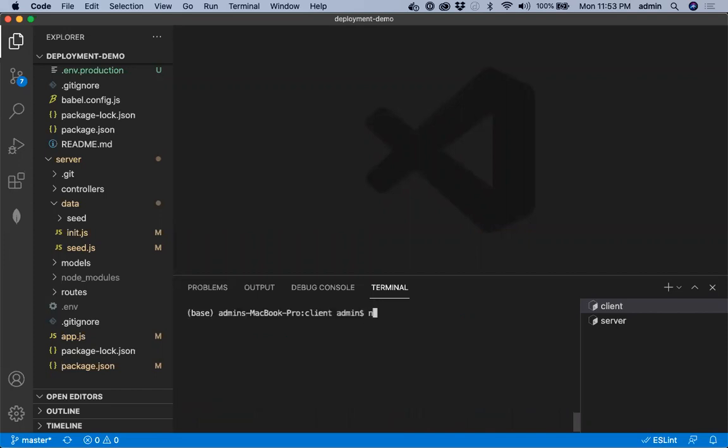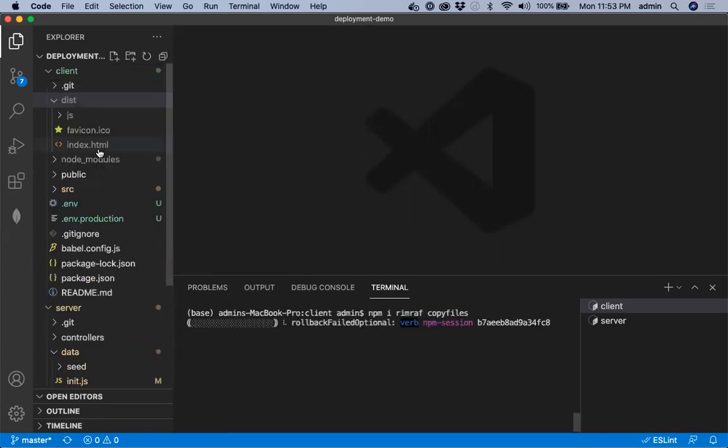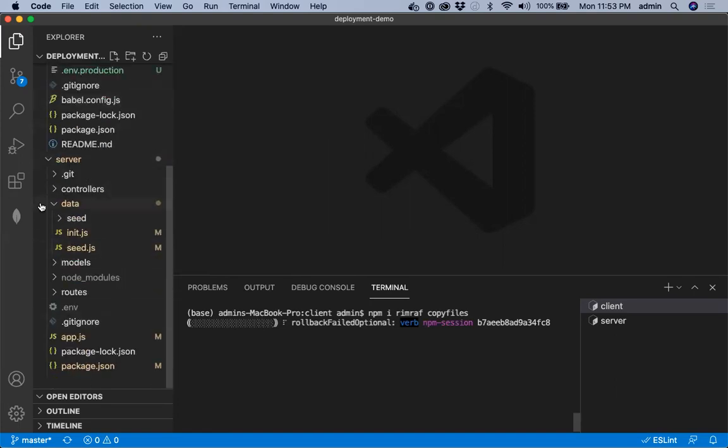We'll install two packages. One is rimraf. This is like rm -rf, that is, it will remove forcibly all folders. So we'll clear out any public folder in the server using this rimraf package. This we are installing in the client side itself, so the script will be run from the client project. We'll install rimraf and we'll install copyfiles. Alternately, you can also use cpx, but the syntax will be different. Copyfiles is to copy this dist folder to the server folder. Rimraf, if there's already a public folder, we'll be deleting the server public using rimraf.